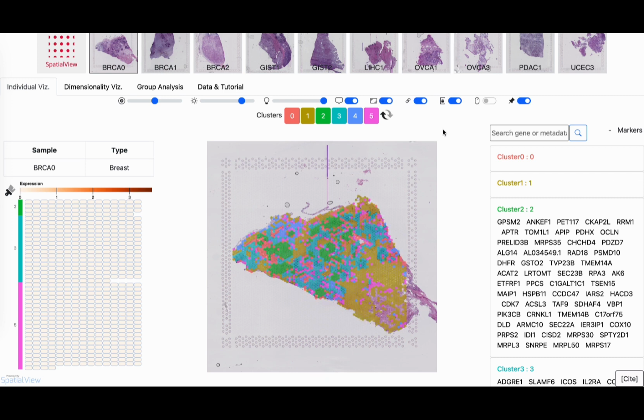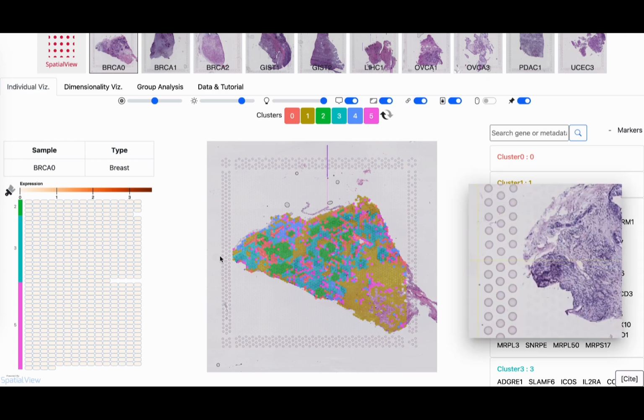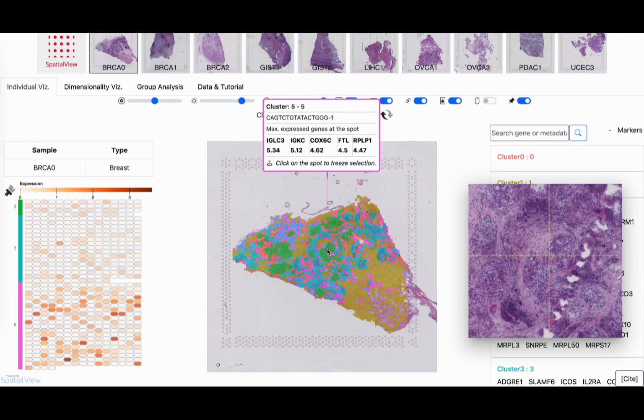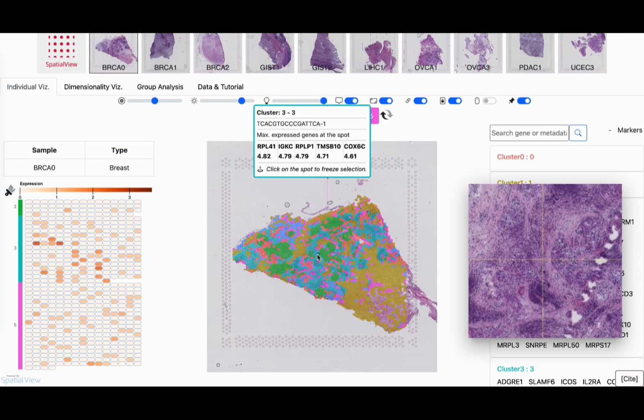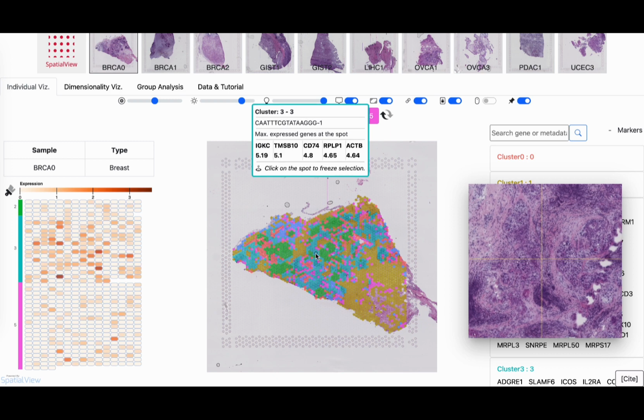Okay, so the right-hand side provides us a way to check individual genes' expression across the whole sample. Then what about focusing on one spot and checking the expression of the whole marker gene list inside that spot? To do that, we can use the heat map on the left-hand side. So, for example, if we are interested in this spot,